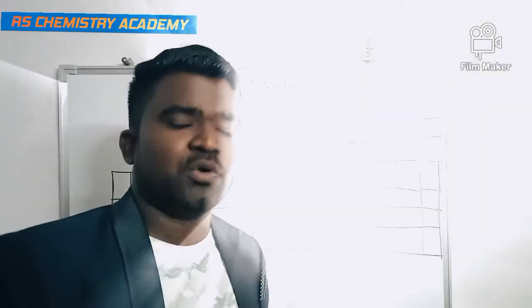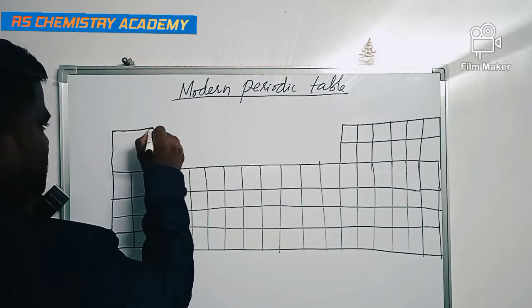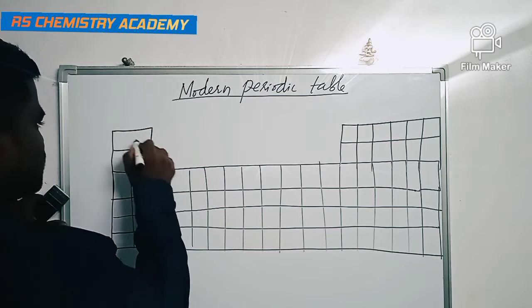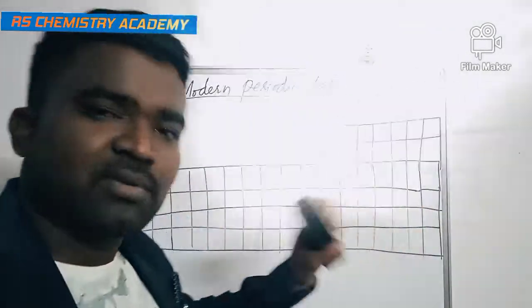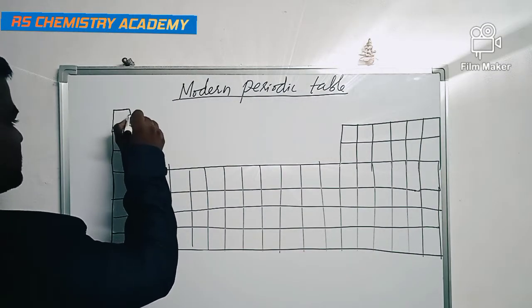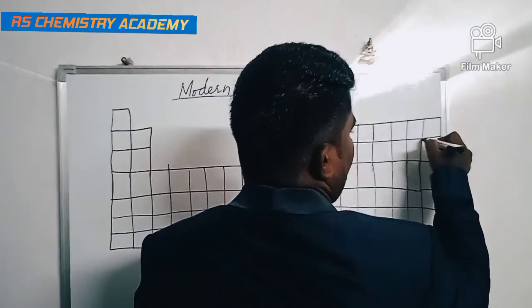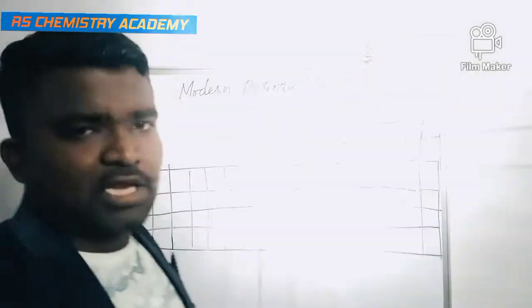Now step 3 is to choose 2 boxes in 2 columns from the left side, like this. 2 columns, 2 boxes. So this is step 3. Next, step 4 is to draw one box at the right side corner and one more box at the left side corner. This is the left side corner of one box and the right side corner of one more box. And this is the main part of the table.